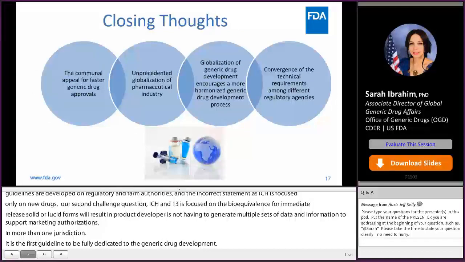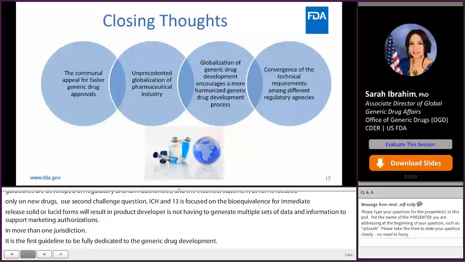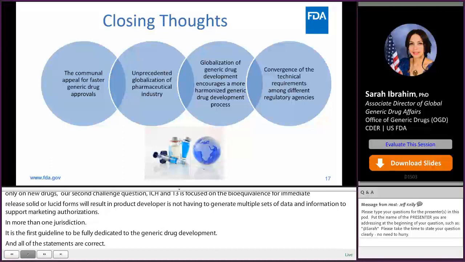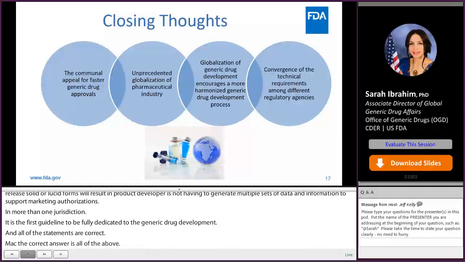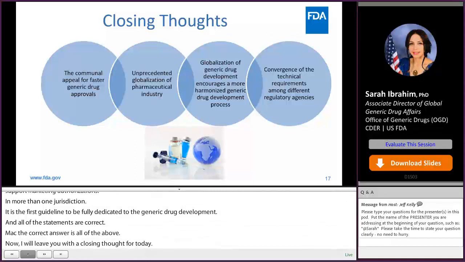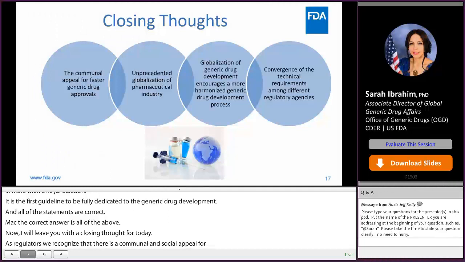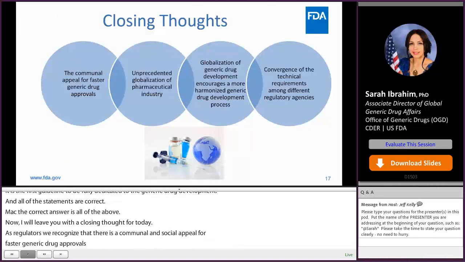Now I will leave you with a closing thought for today. As regulators, we recognize that there is a communal and social appeal for faster generic drug approvals. And with the unprecedented globalization of the pharmaceutical industry, globalization of generic drug development encourages a more harmonized generic drug development process that can only be achieved by the convergence of the technical requirements among the different regulatory agencies. And with that,